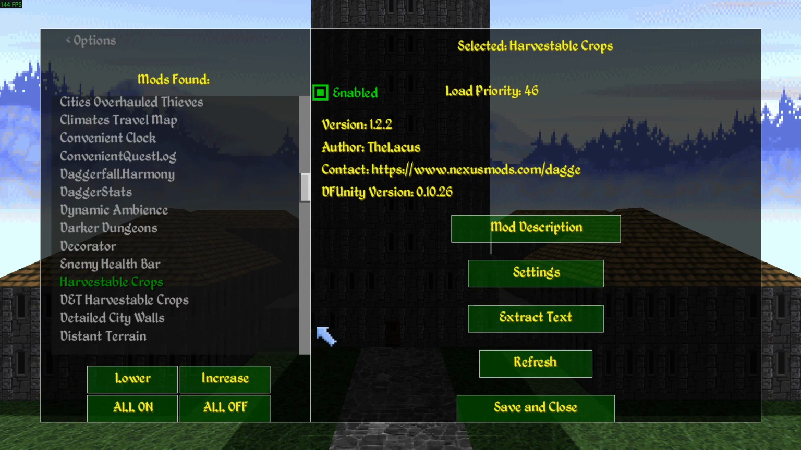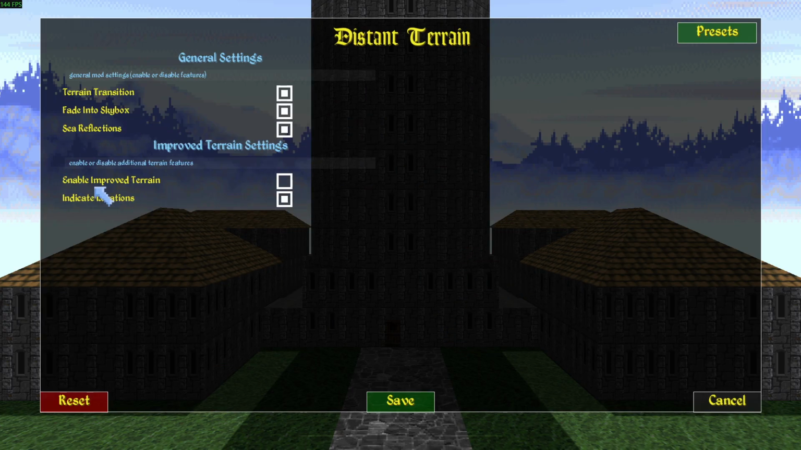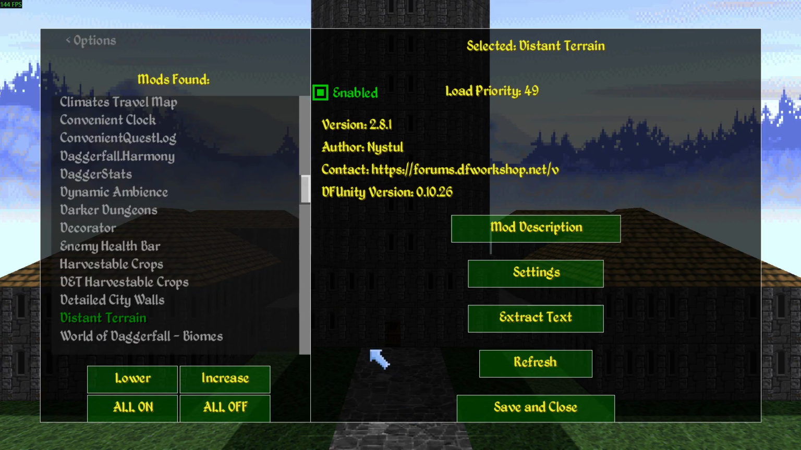And you press save, and then you go to distant terrain. You go to the settings, and disable improved terrain. You have to disable it, or else a lot of the other mods will not work. Then you press save, and then